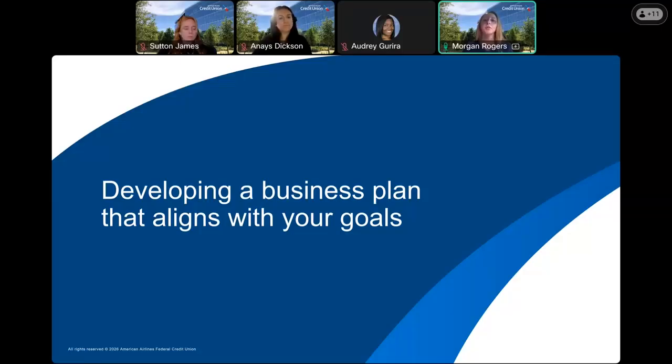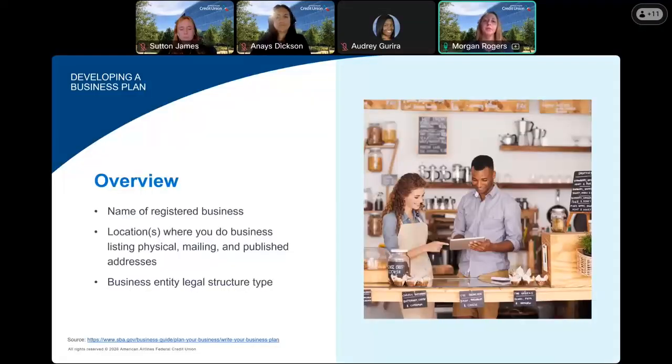So let's just go over the bare basic business plans to get you started. Up first is the overview. You can start the first section of your business plan with a cover page titled Overview. This will give a basic understanding of what your company does and the structure of the company. Also list where you are conducting business, including physical locations, addresses, mailing addresses, the physical place where you actually run